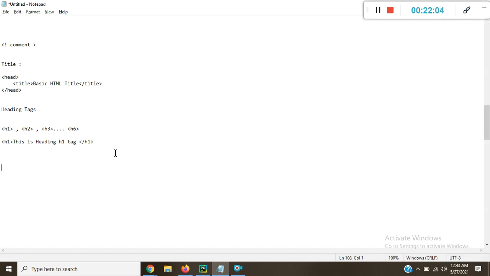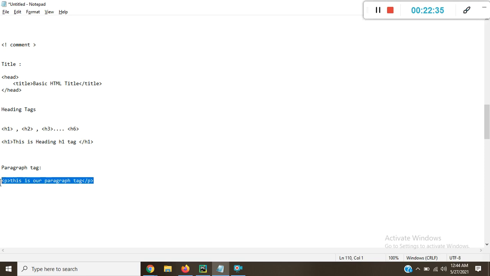So now we go for the paragraph tag. What is the paragraph tag? The paragraph tag is denoted with P, and close the P. So this is our paragraph tag.